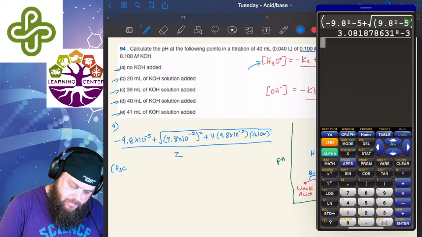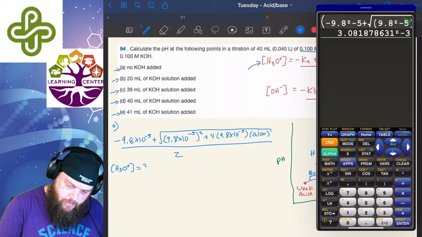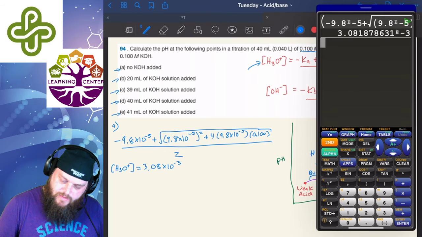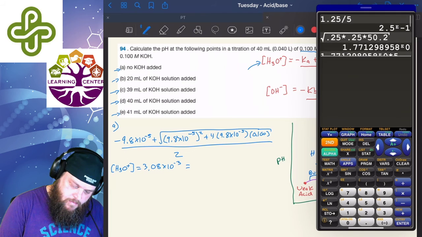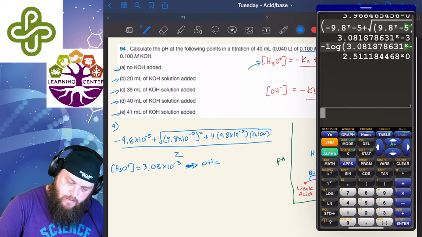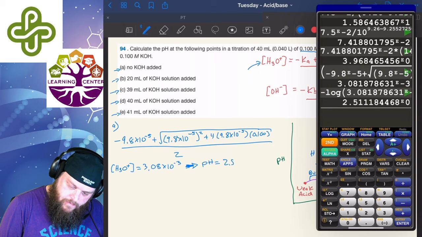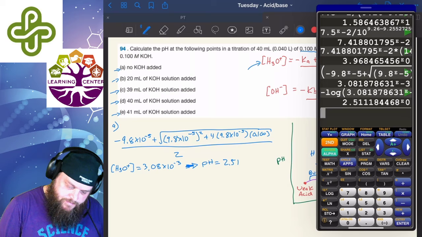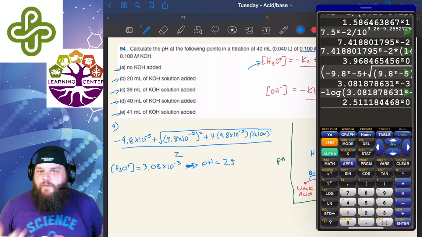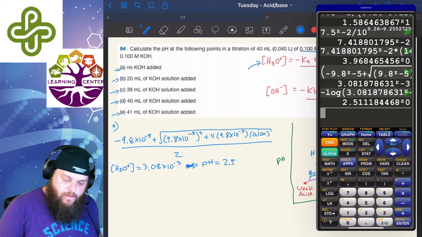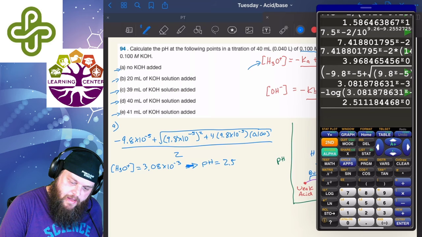of hydronium equal to 3.08 times 10 to the negative 3. So I can take the negative log of that value to find the pH. The pH is equal to 2.51. 2.5, 2 sig figs. So before we even add any base to it, we have a pH of 2.5. For part B,